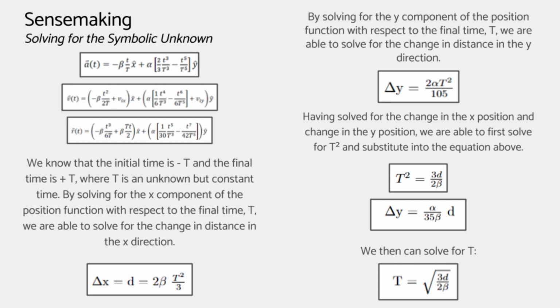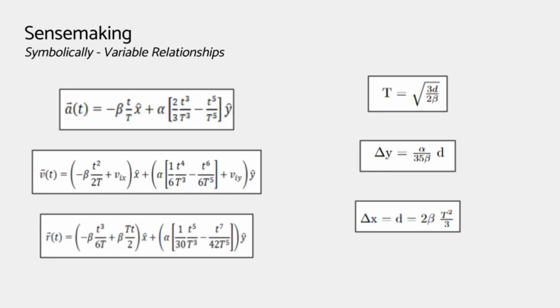Having solved for the change in x position and the change in y position, we are able to first solve for T squared and substitute into the equation above. Once we have figured out our T squared, we're going to solve for our delta y, and then we can solve for T. With the knowledge of the different relationships of variables and our equations for the change in the x direction, the change in the y direction, and for the unknown constant T, we are able to determine